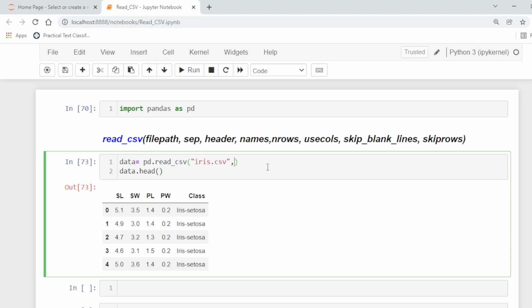The next parameter is names. If you want to specify the header name, the column name, it will override the existing one.